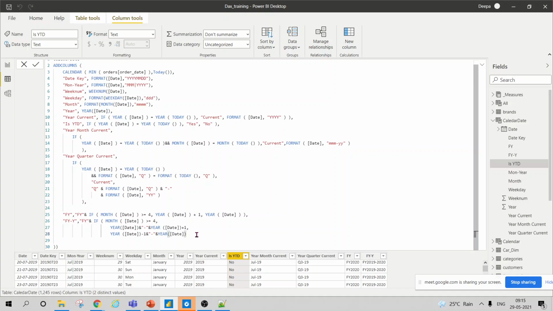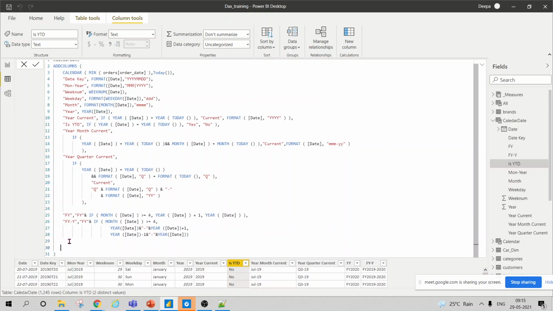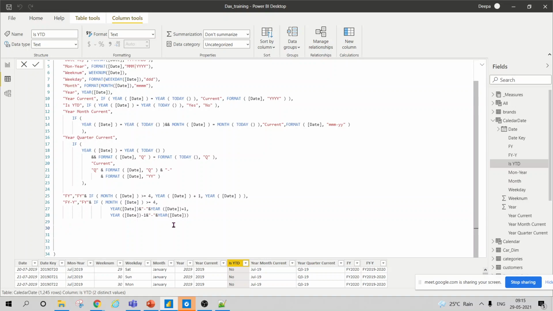This function closed here. Now I will choose to add some more functions here. There is a function called end of month, EOMONTH. EOMONTH is the end of month function and it returns the date in date time format of the last day of the month before or after the specified number.